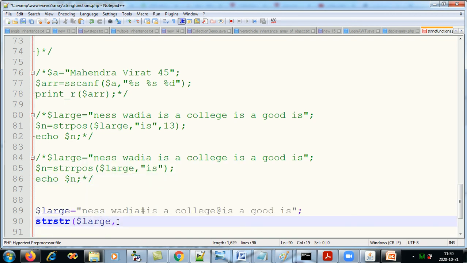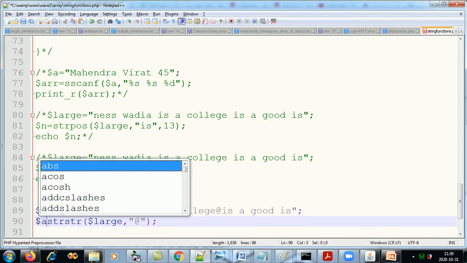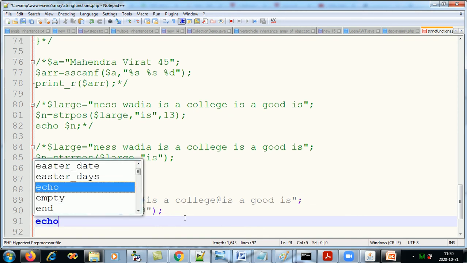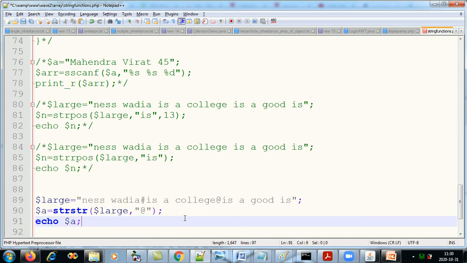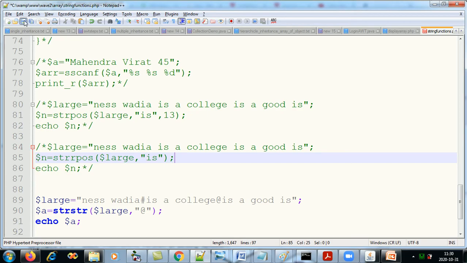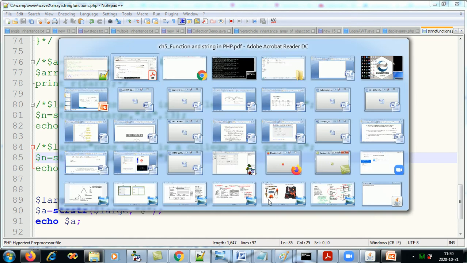Let's say from the @ onwards. Whatever is there from the @ onwards till the end, it will return, and that will go in the LHS. That will be a string. So if I just echo $a, let's just check the syntax. Correct. So this will return you "is a good is".